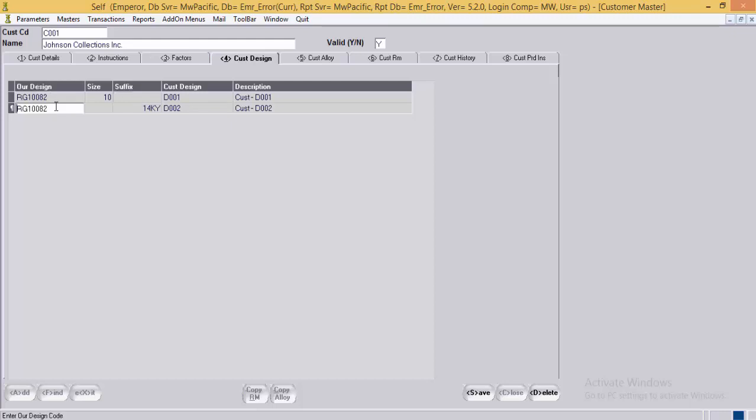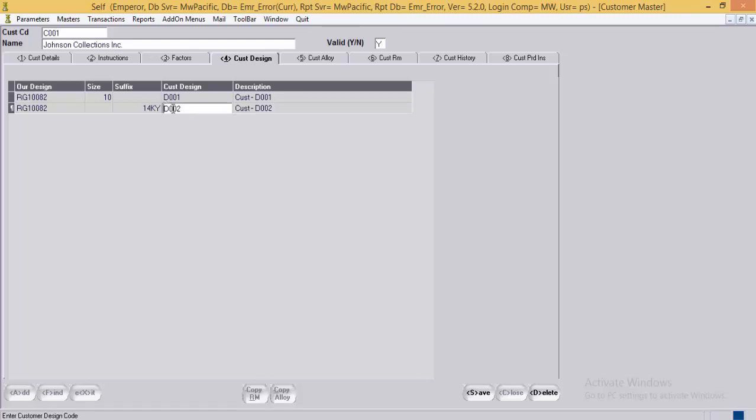For example, here for our design code, that is RG10082, the suffix mentioned over here is 14KY, that is 14 karat yellow color. Then the customer design code, that is the customer's reference code, and then the description for the same.